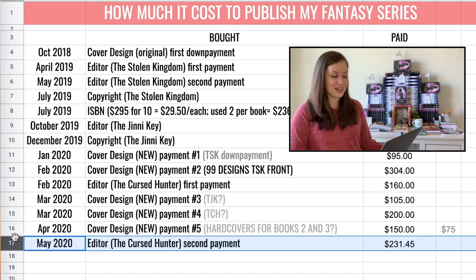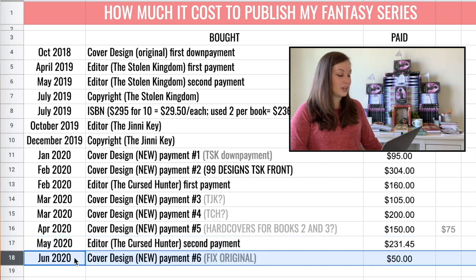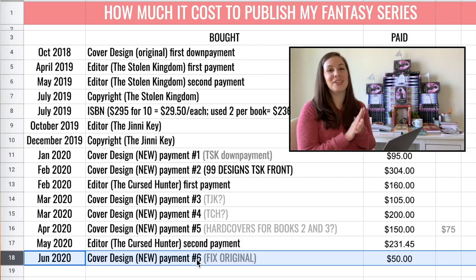In May 2020, I paid the second payment to my editor for the Cursed Hunter, which was $231.45. And then in June 2020, I paid another cover design payment to fix the original cover. So, coming back to that tea time with 8 little pages, Mandy figured out that she could fix the original covers and add the spine and the back cover. So this changed everything